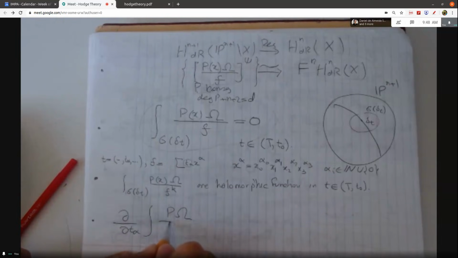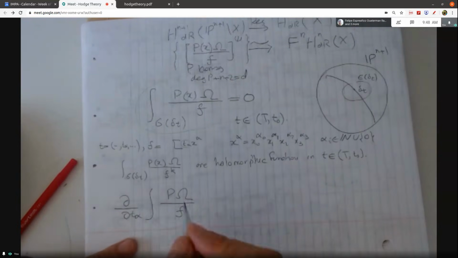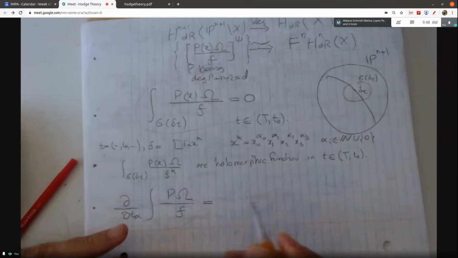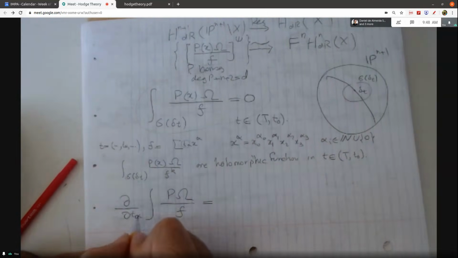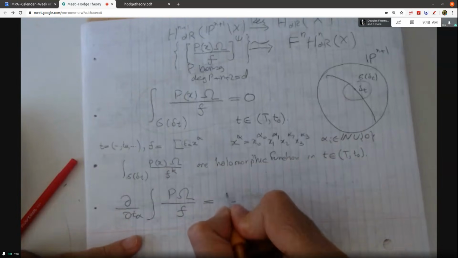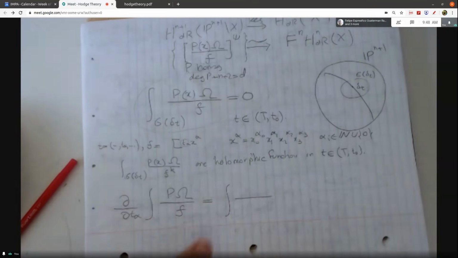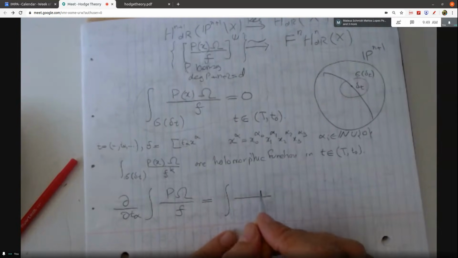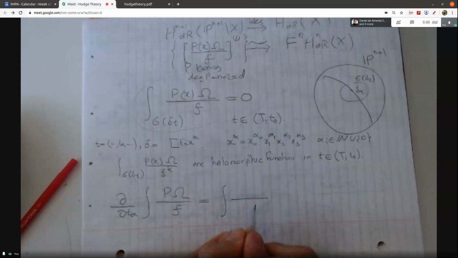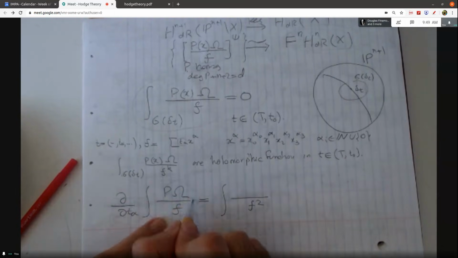P omega f. So my integral is identically zero. But by this simple rule, whenever we are in calculus and we have integration, we try to take the integration inside. And at the end, it turns out, whenever the course becomes a little bit more about periods or integrals, one can see all these things in a better way. So we just take the derivation of this guy.